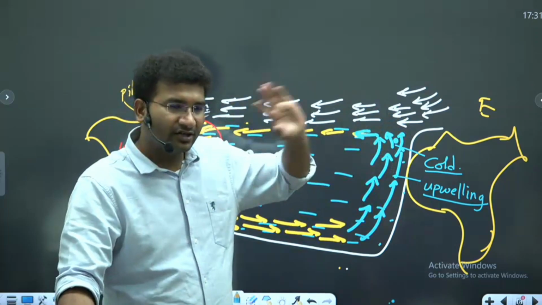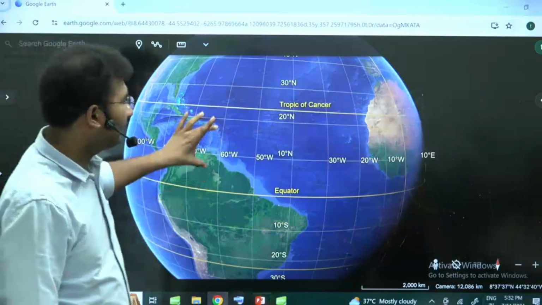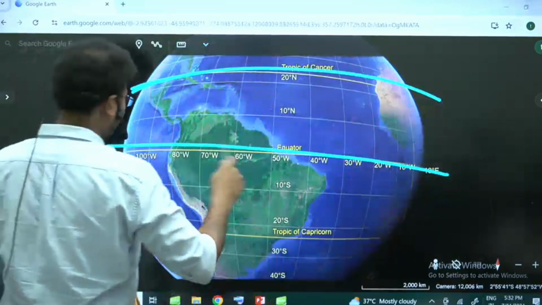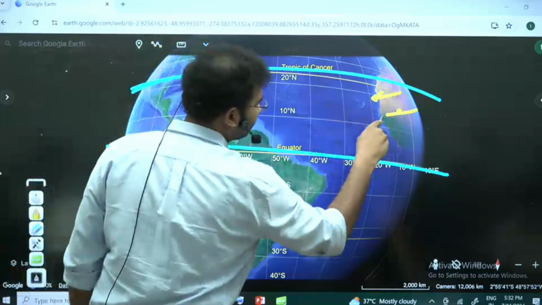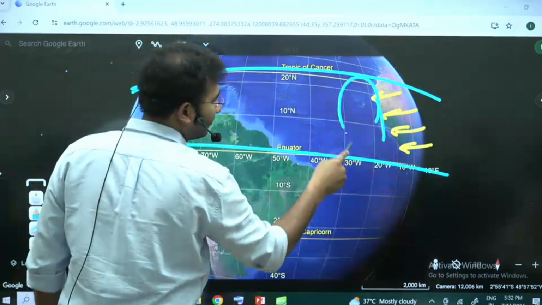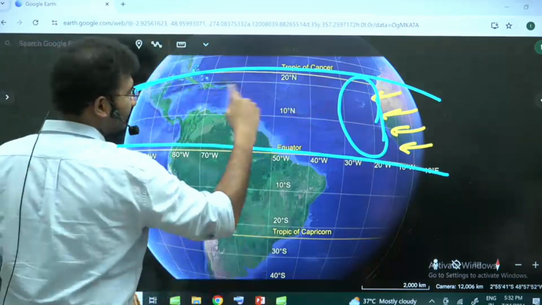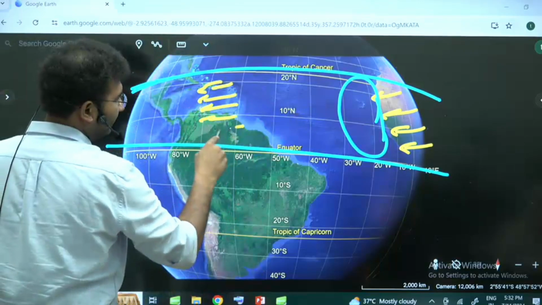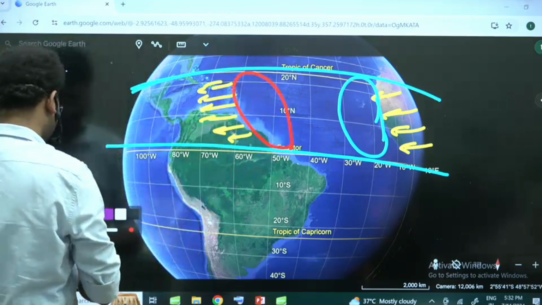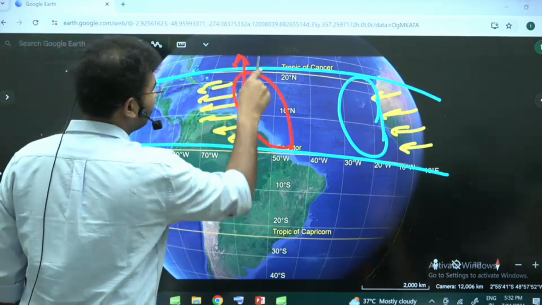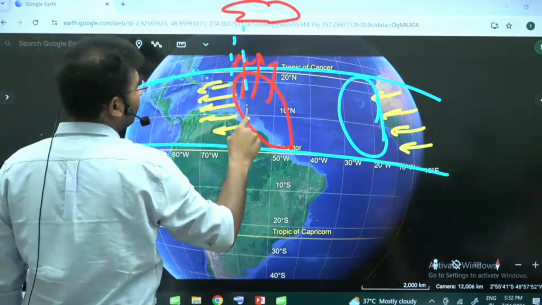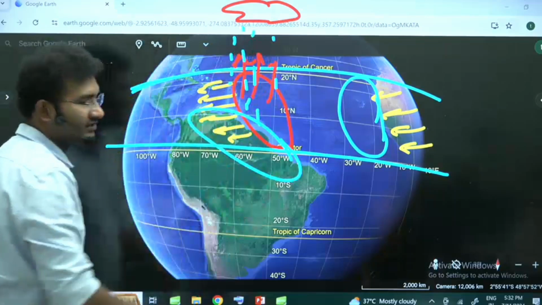Likewise, across the tropical regions, you look here, when I take the tropical regions, this is my tropical ocean. This is my equator. What kind of winds do you have here? Easterlies. That means what kind of water should I be having here? This should be cold water. Now, these winds, they start to move in this direction. If the winds are onshore, what kind of water do I have here? Hot water. Will it not lead to the evaporation? So, evaporation takes place and there will be good amount of rainfall.